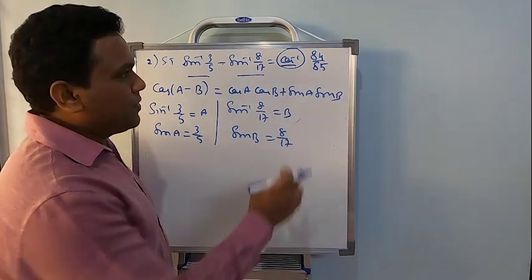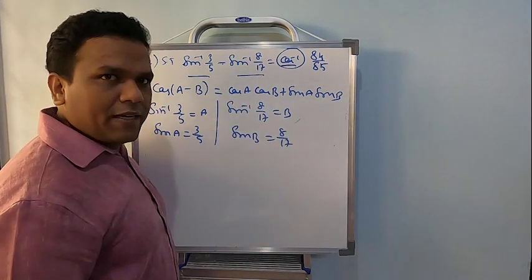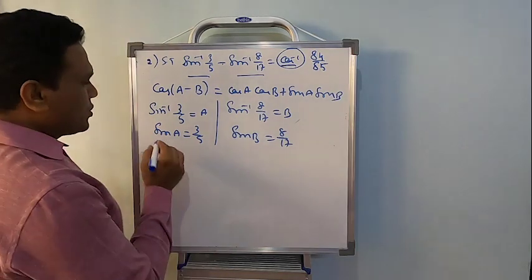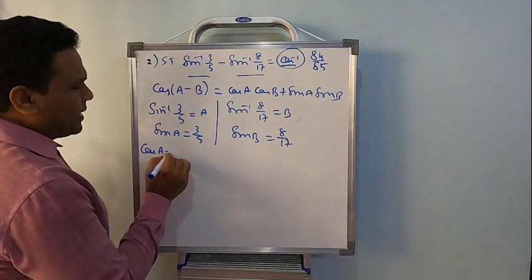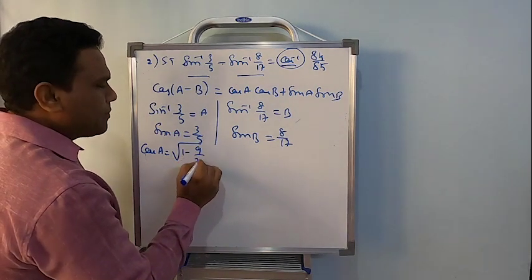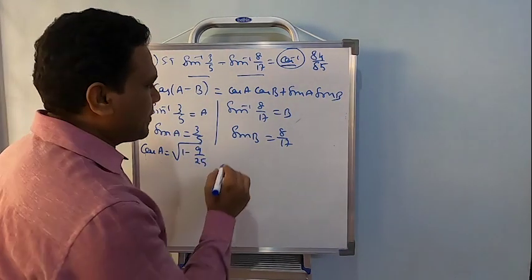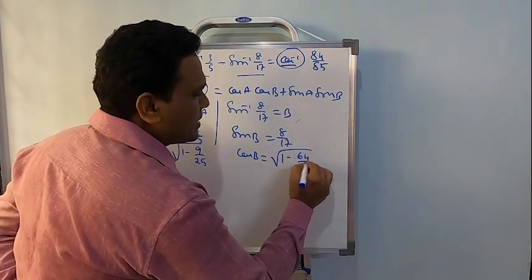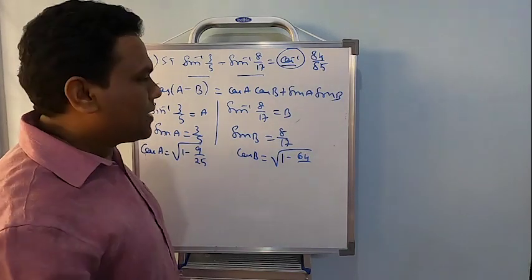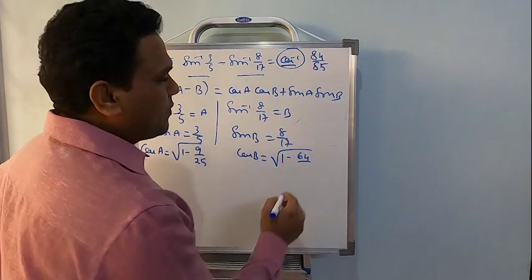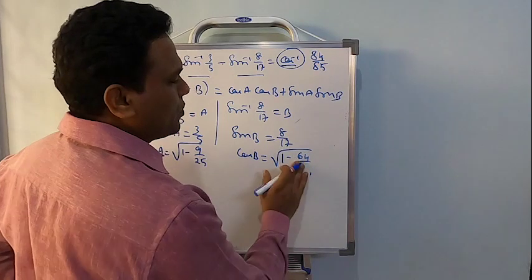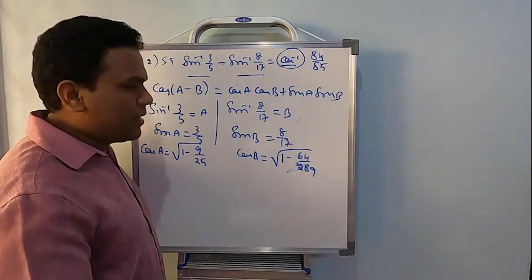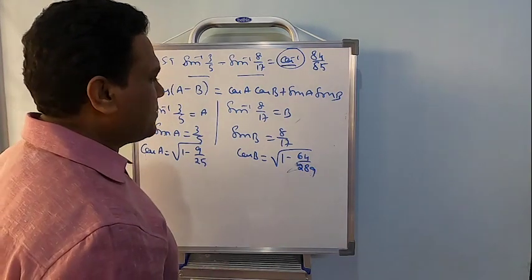I got sin A and sin B, these two. I want the value of cos A and cos B. Let's find two methods. Complete the triangle, otherwise use the identities. So from this, cos A directly can be written as root of 1 minus 9 by 25, root of 1 minus sin square theta. And here also cos B is equal to root of 1 minus 64 by, now the value of 17 square. 17 square will be 289, it's going to be. Fine, right? Okay. Now let us start simplifying it further.